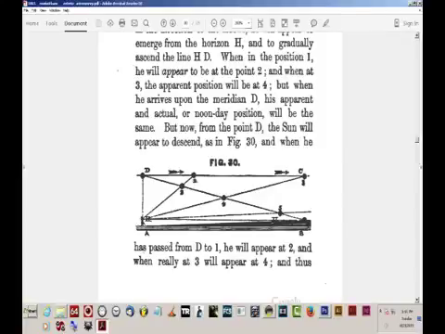In the diagram, figure 30, it is evident that HD is less than H1, H3, or H5. The latter, H5, represents the greater amount of atmosphere which the sun has to shine through when approaching the horizon. And as the air near the earth is both more dense and more damp, or holds more watery particles in solution, the light of the sun must be dilated or enlarged, as well as modified in color. But the enlarged appearance of the sun when rising and setting is only an optical impression, as proved by actual